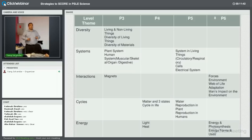Alright, how materials, the different properties of the various materials. And in systems, in primary 3, they learn about the plant system, the human system, the muscular, skeletal, the digestive system. In primary 5, under the theme of system, they learn about systems in living things. In humans, which is the circulatory system and respiratory system, and for plants, the plant transportation system, about